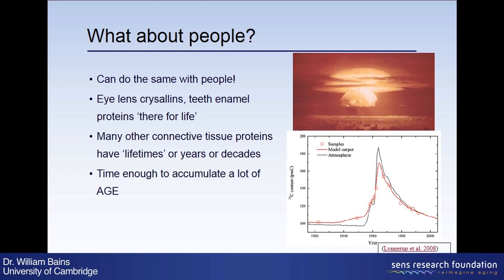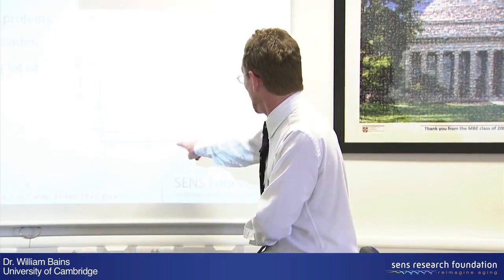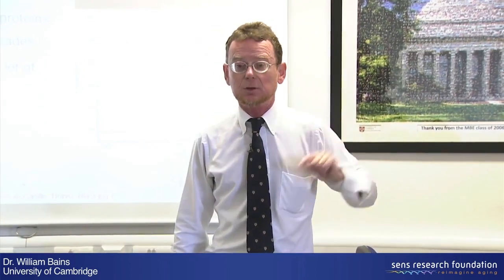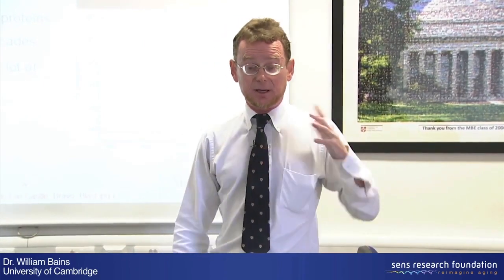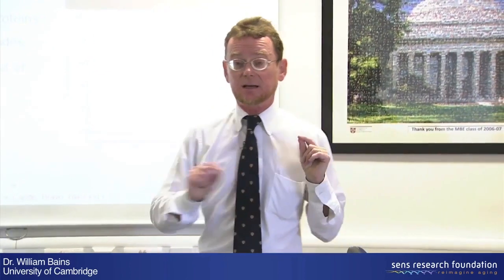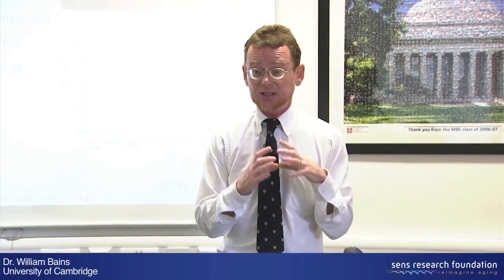And you can use these curves to ask the question, how old are your proteins if you were born anywhere along this curve here? And it turns out that some of your proteins are very old indeed. The crystallins in the eye lens, remember the eye lens that was going yellowish up here? Well, those proteins have been in that eye lens, some of them, essentially since the eye lens was formed in early childhood.